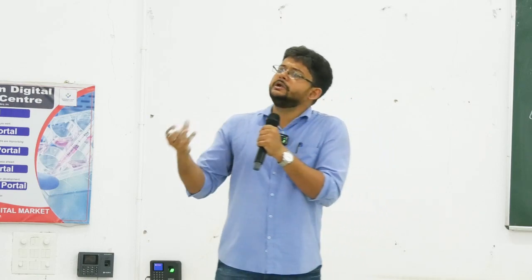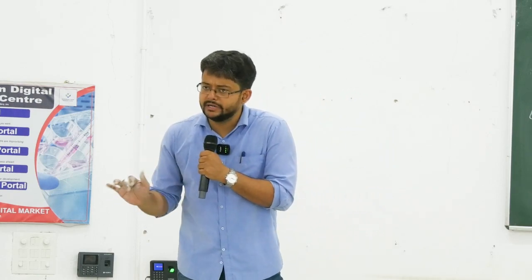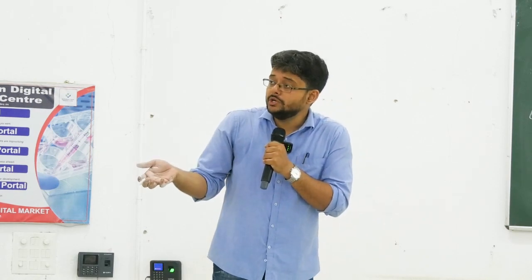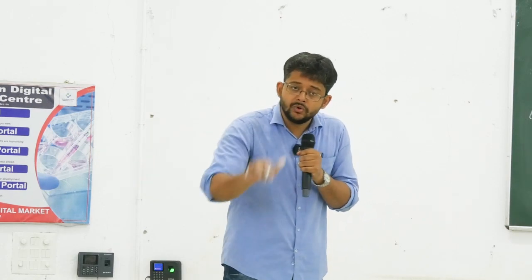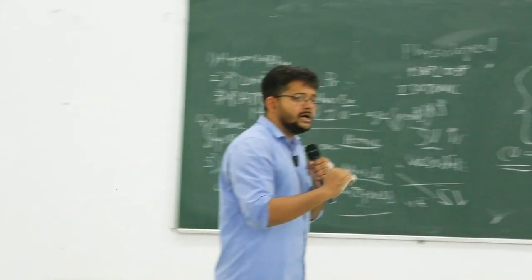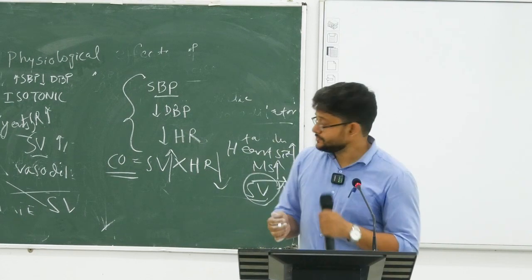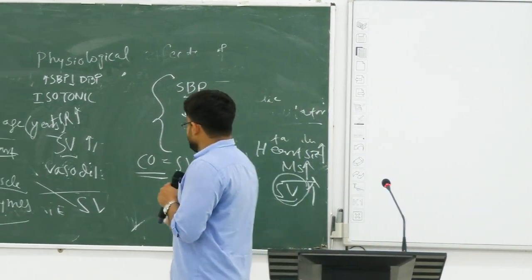So maybe a little bit demand has increased at rest, I do understand, but stroke volume has increased many fold. So heart rate can come down, and that's why most of the trained athletes will be having an athletic bradycardia. Resting heart rate is below 60 beats per minute. So in the 50s or in the late 40s they maintain their heart rate. That is one area. Second one,